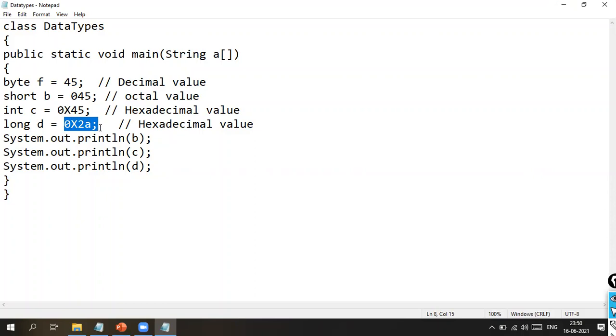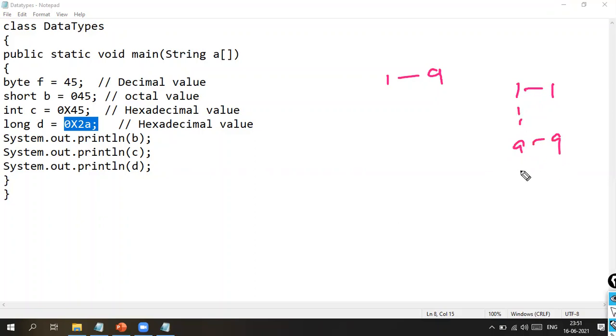Now, how do we represent the hexadecimal values? In hexadecimal representation, this will be the chart. From 1 to 9, we have the numbers 1 to 9, which are equal to the same values.